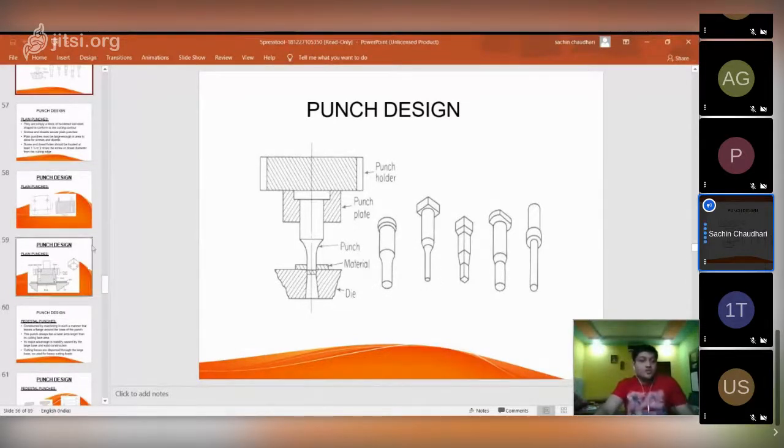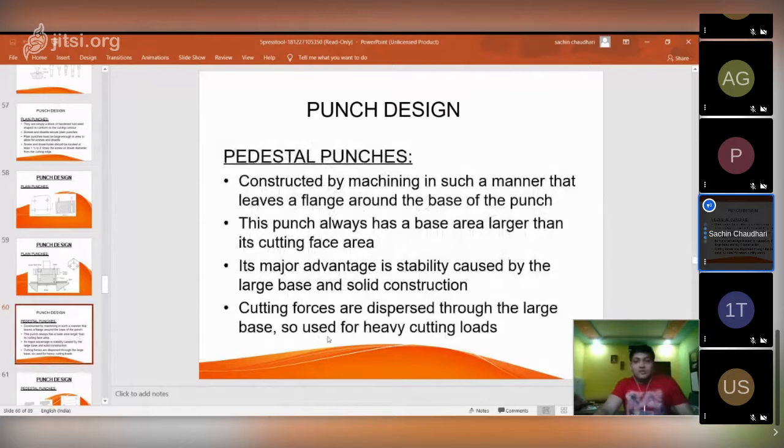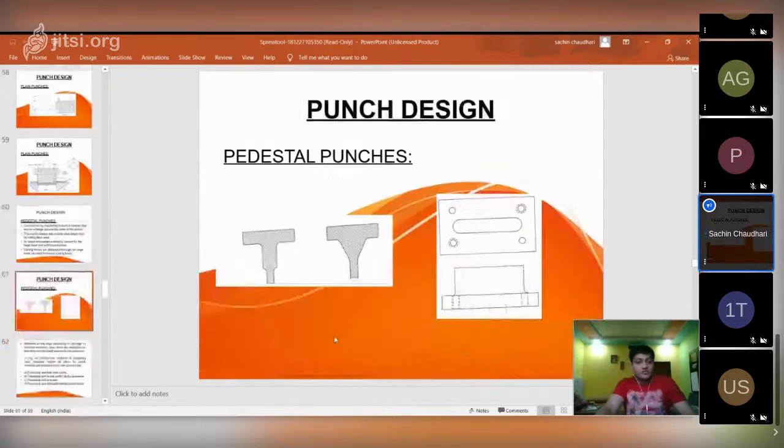It disperses the cutting force through the large base to the smaller area, so it can be used for a heavy cutting load. Okay, see, this is the cross section of a particular punch shown in the figure.